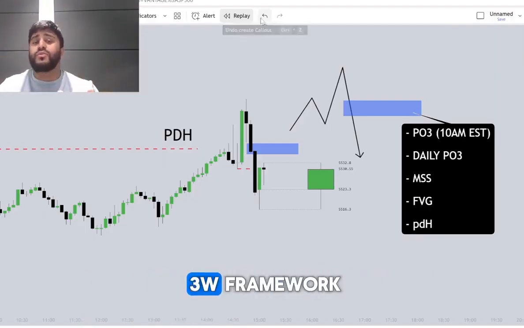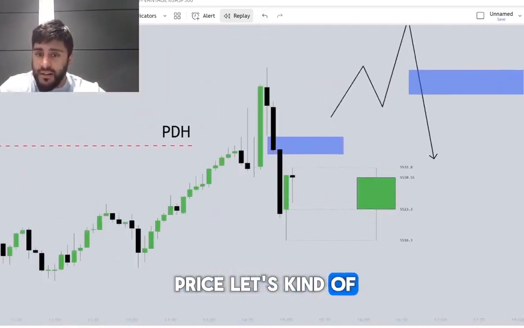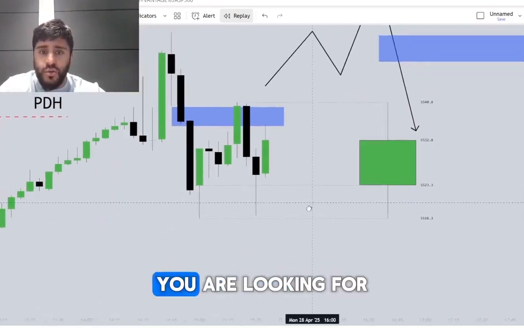So this is the 3W framework, I call it. The 3W framework. Now from here, what's going on in price? Let's zoom in. So when price comes into this fair value gap, what you are looking for is you are looking for